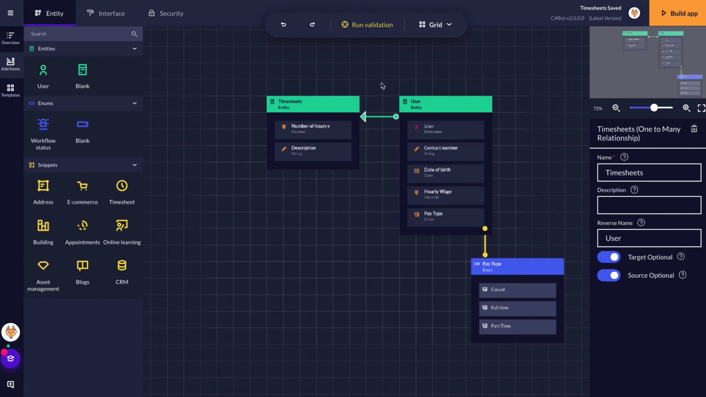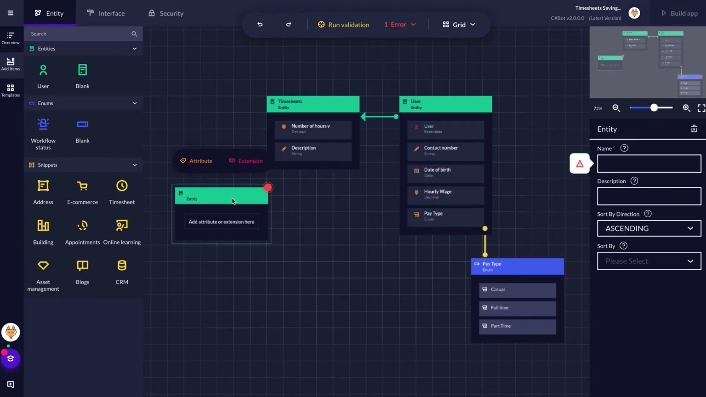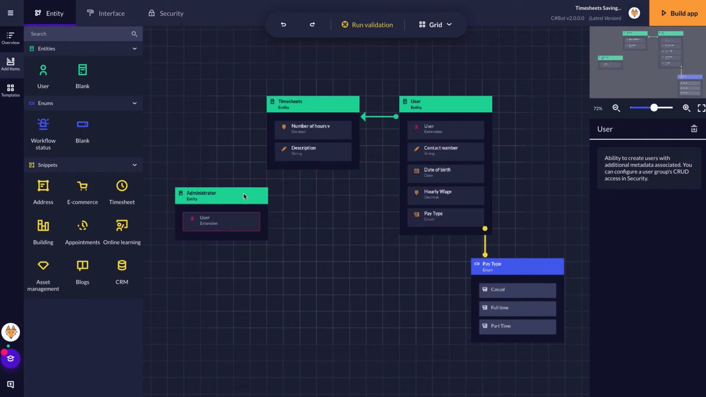I'm going to need one more thing. I'm going to need an entity for my administrator so I can have administrators log into the app. So I'll just call this one administrator, and I'm going to add the user extension to it. By adding the user extension, that creates a new user group, so I can now have administrators logging into